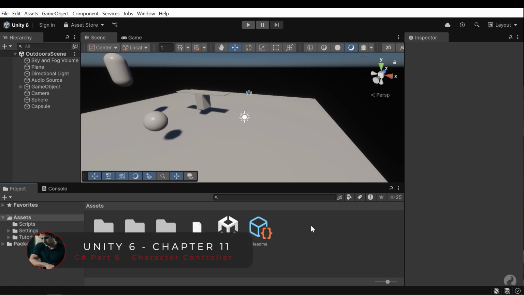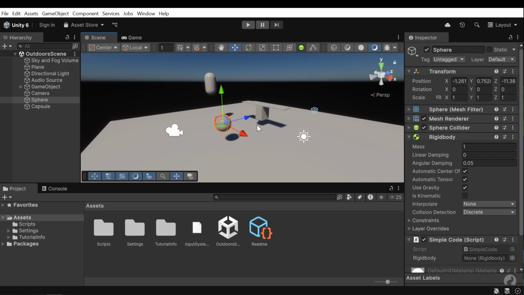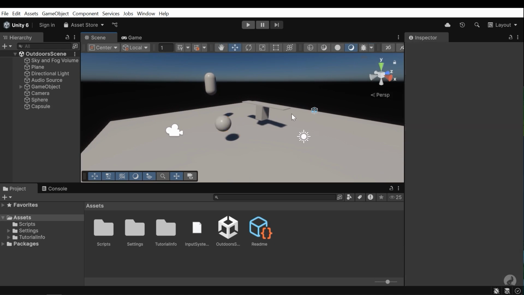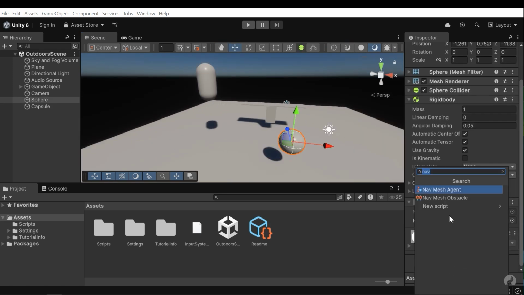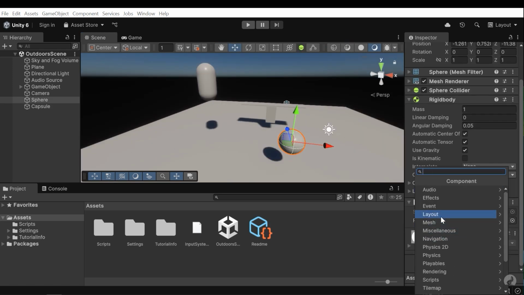FPS character, first person character, or third person character, or any character movement stuff. It is different from a rigid body and regular object movement, and it offers some capabilities related to characters, just characters, not general physics like a rigid body. So for the character movement, here add component and go to physics, and as you can see,